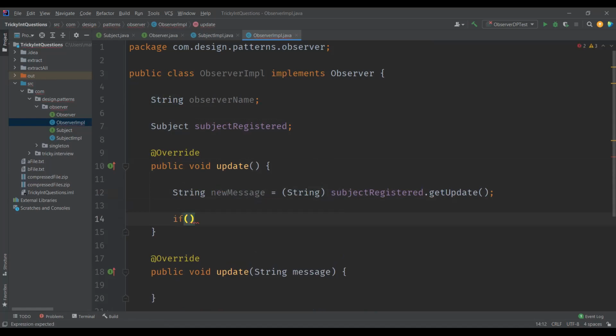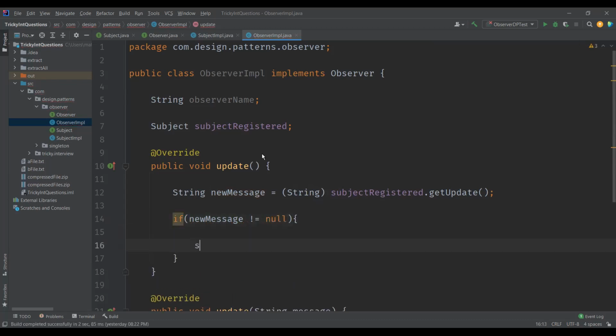And what if we don't have any message, right? So we need to handle this case as well. So let's handle that case. If it is not null, only then we'll say we have the new message for the observer. We'll display the observer name.